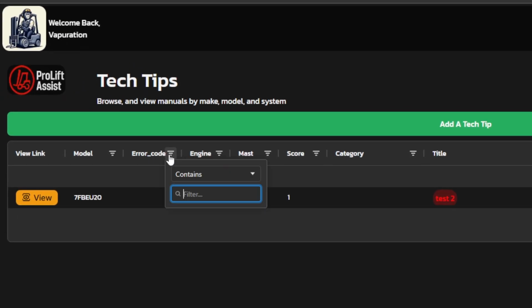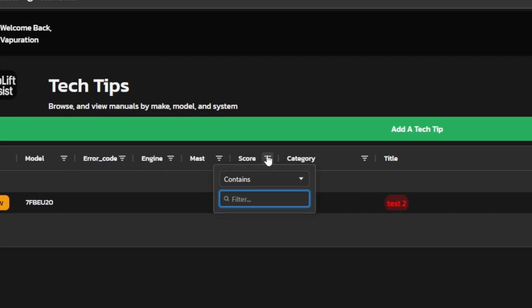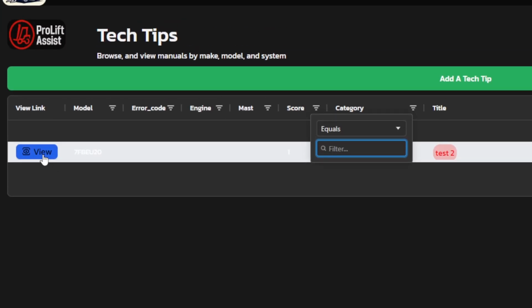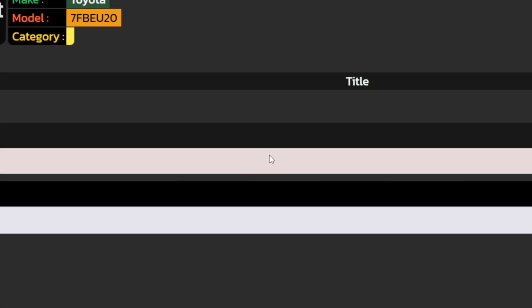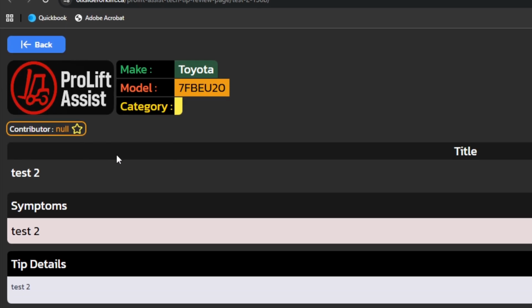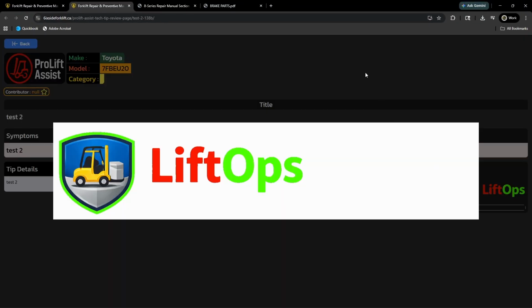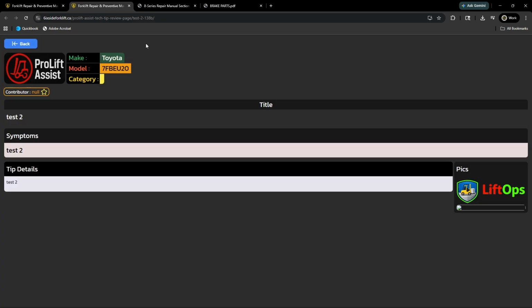You can filter for error code, engine, mast, and score. If you want to view, you just click the view button, and then you have the actual tech tip here with the make, model, the title. Just zoom out here, the symptoms, tip details,